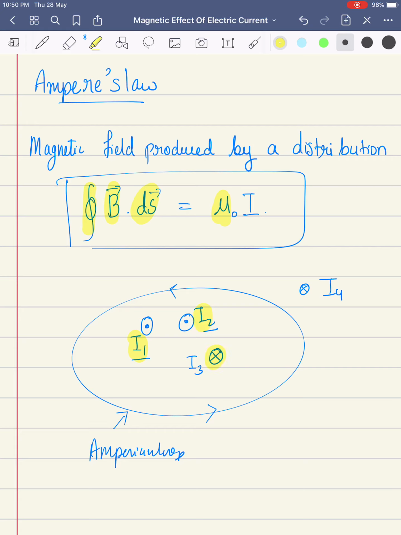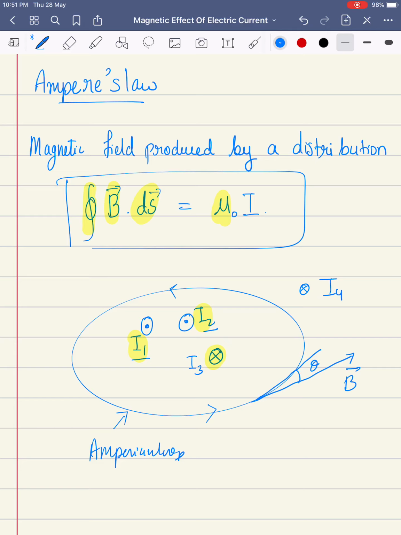Getting it clearly? The direction of the magnetic field at each point is given by the tangent drawn at that point. The tangent drawn at that point will make a small angle theta with respect to the length of the Amperian loop. Here ds, or dl, is a small length of the Amperian loop. As the current goes perpendicularly into the plane of paper, the magnetic field is in the plane of paper, even though its direction is unknown. So dl means the small length on the Amperian loop.